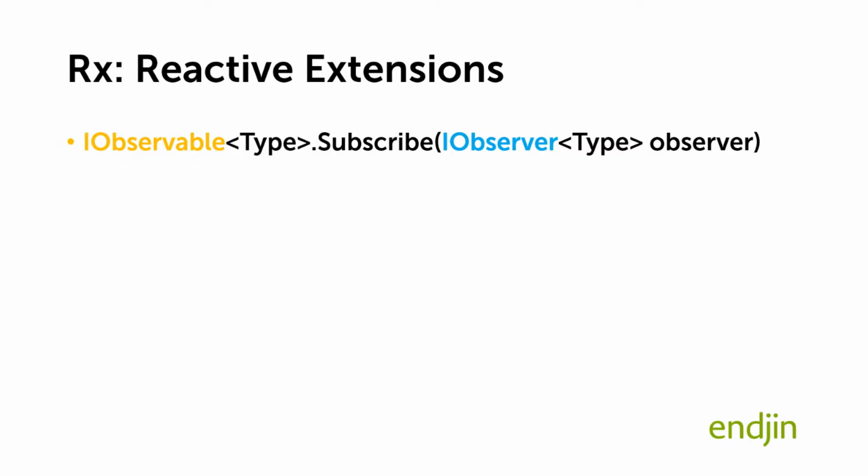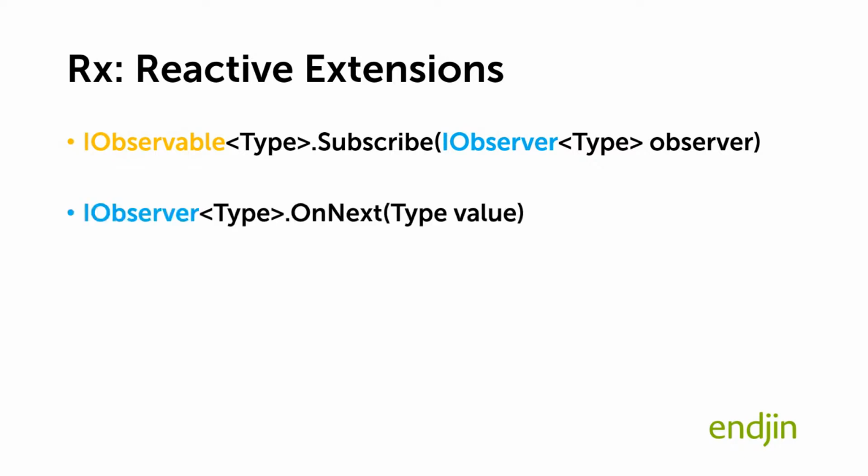You can say, I am interested in the events that this observable has to offer, so I would like to subscribe to its events. And to do that, you supply a thing called an observer, which must implement the IObserver interface, which requires you to do three things. You must supply an OnNext method that will be invoked every time the observable source emits some information. So in the case of our atmospheric monitors, every time we took a reading from a sensor, any observers attached would just get the OnNext measurement of whatever it was measuring.